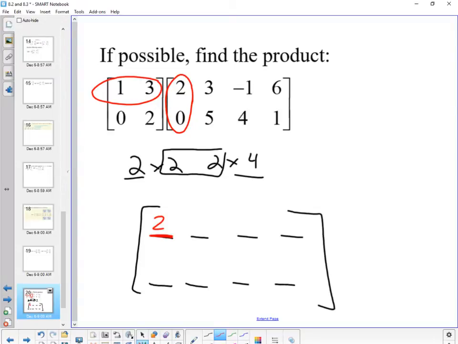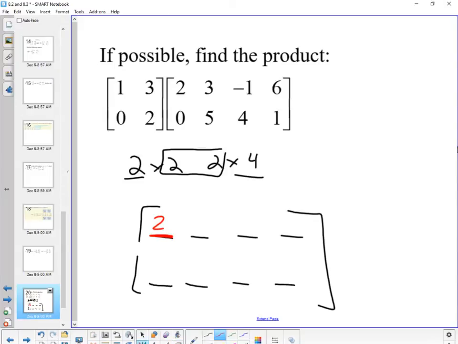Right, so row 1, column 1. We could call it R1, C1, but this is actually just 1, 1: first row, first column. So I take the first row with the first column. Okay? Anyone okay with the multiplying I had to do? So we're just going to do this with this, and then it shifts. This with this. Now, what's really cool about this is you can multiply anyone you want